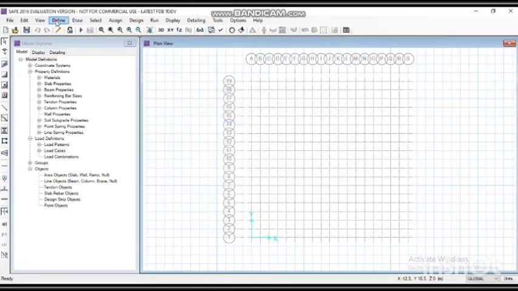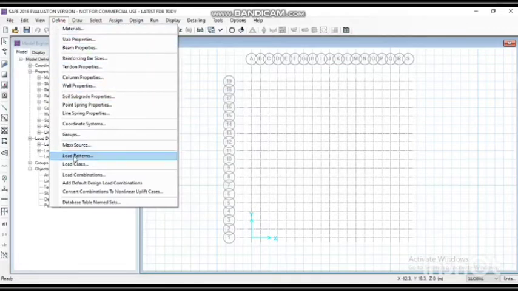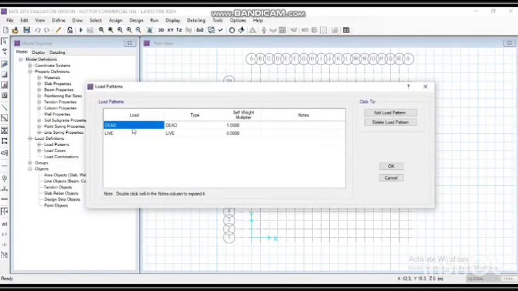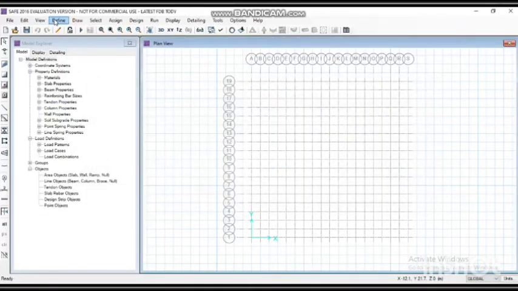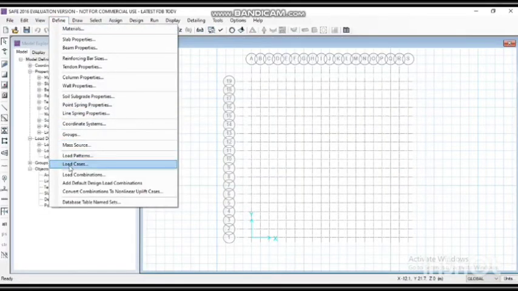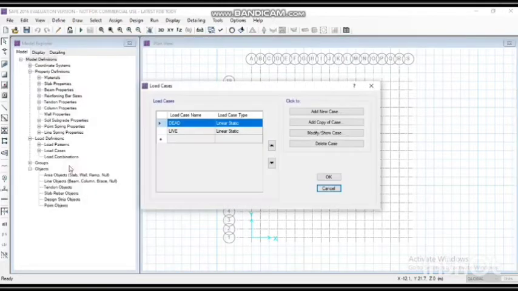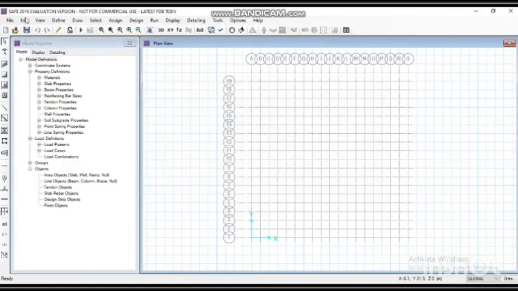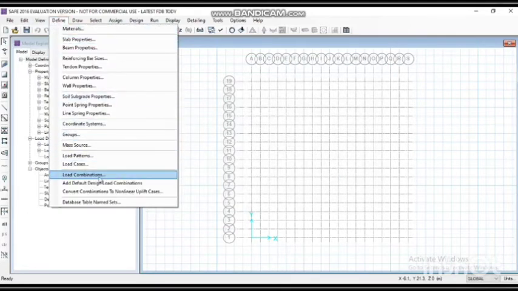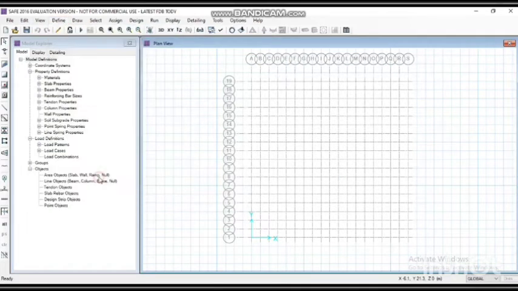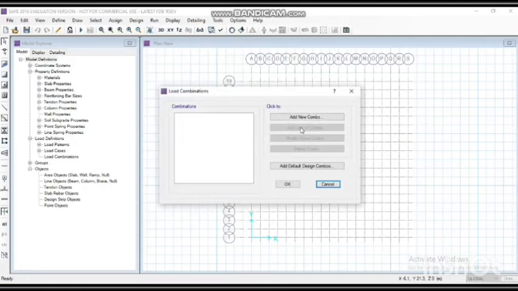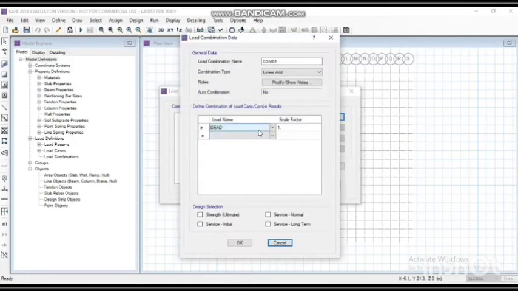Now again go to the define menu and check the load patterns, that is dead and live load. Then click on OK. Then check the load cases. Here it should be linear static for both dead and live load. Then go to the load combination and select add new combo.